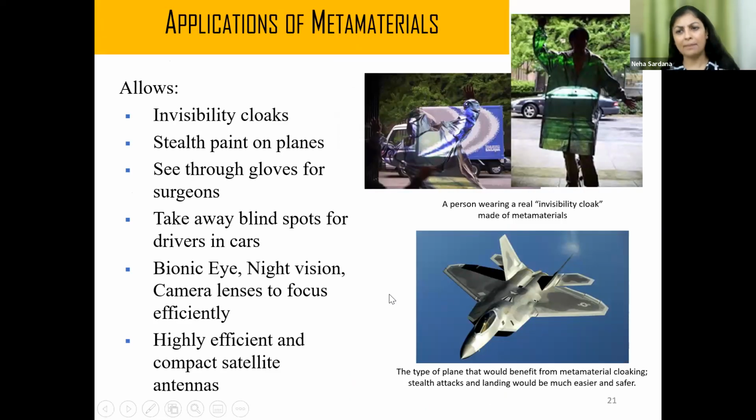So what is the application of this metamaterial? Invisibility, of course, is one of them. And you can easily paint them on fighter jets, and it will not be visible to your radar system. You can get stealth paints on planes. And how does this stealthing work? It is basically when an incoming